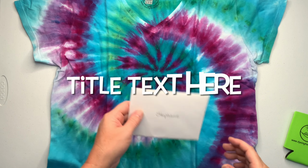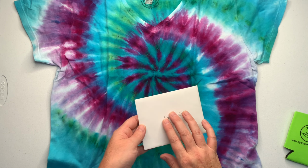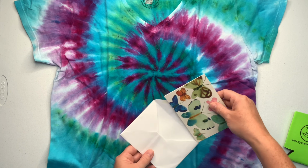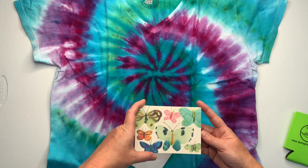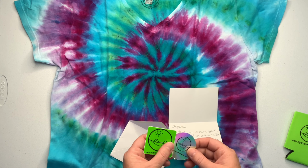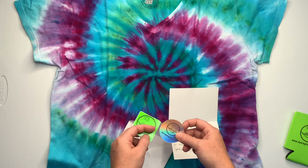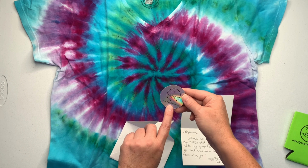One last thing, so very rude of me. I forgot to open the card. Always open the card first, but I set it off to the side and I didn't see it there. So let's open it up. Beautiful butterflies. Some of you know I love butterflies. And some stickers. I think Beth, I think you told me where you got your stickers. This is exactly what I'm looking for. Individual, shiny, sparkly stickers. And they say her website,